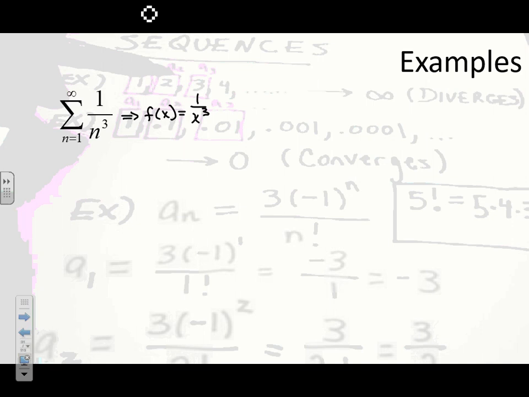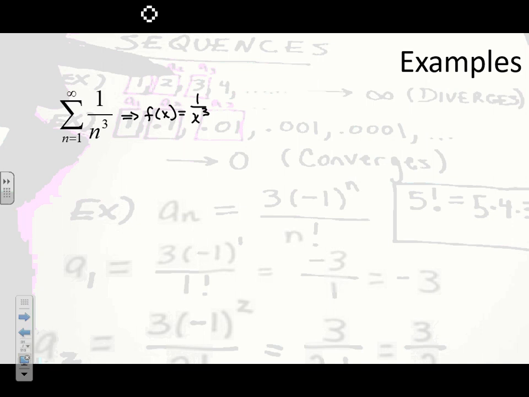Will 1 over x cubed be positive on our domain? Yes. Will it be continuous? Yes. The only point we'd be concerned with is 0, but that's not part of what we're looking at, so we're okay there. And then as far as decreasing,